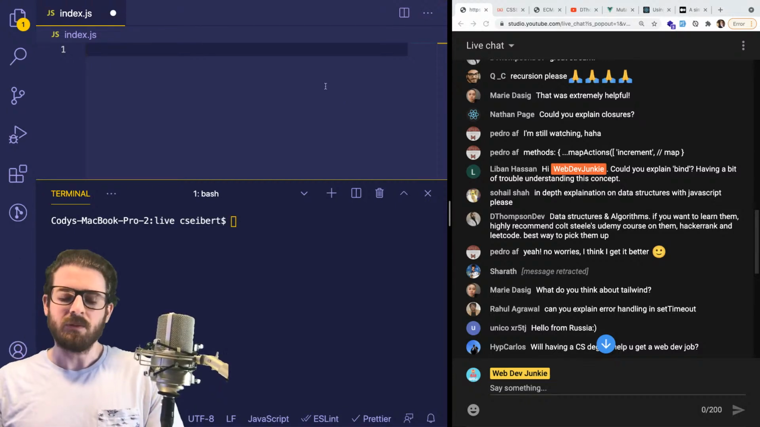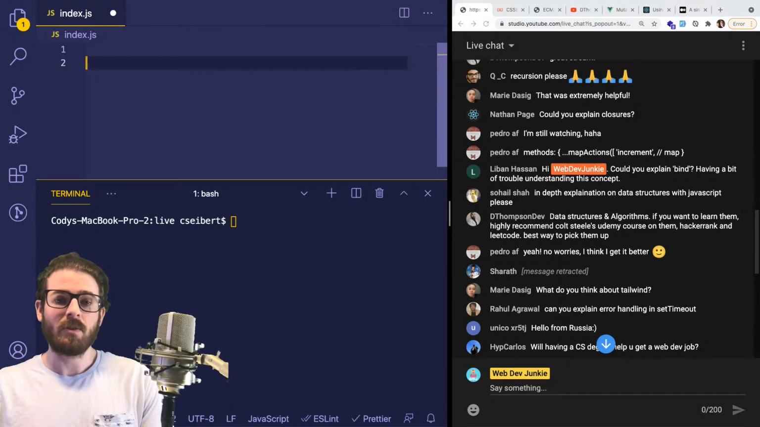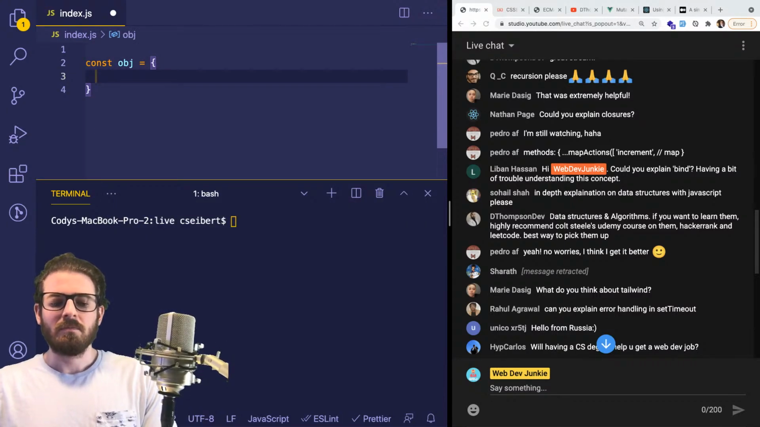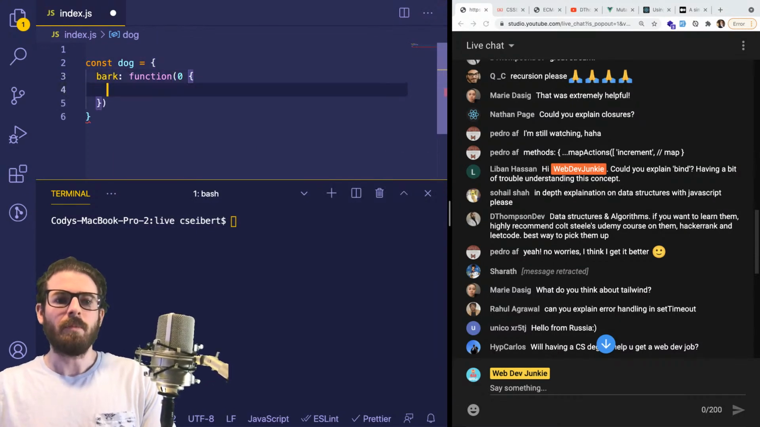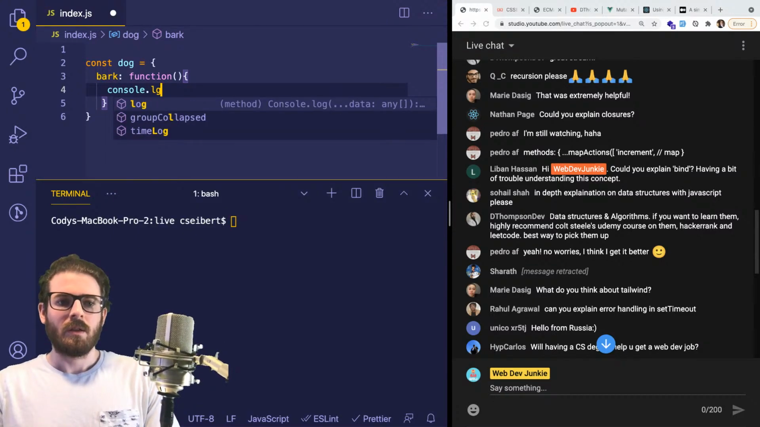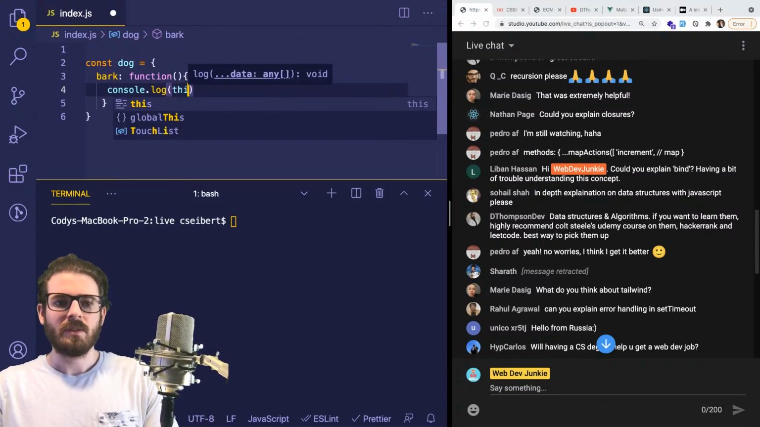Whew. This one's kind of confusing. So I'll probably have to Google this one too, because I don't really use bind and this that much. So there's a keyword in JavaScript called this, which is basically a reference to whatever the function was defined in. So if I make an object called dog, I'll give it a function called bark, and it's going to console log this dot